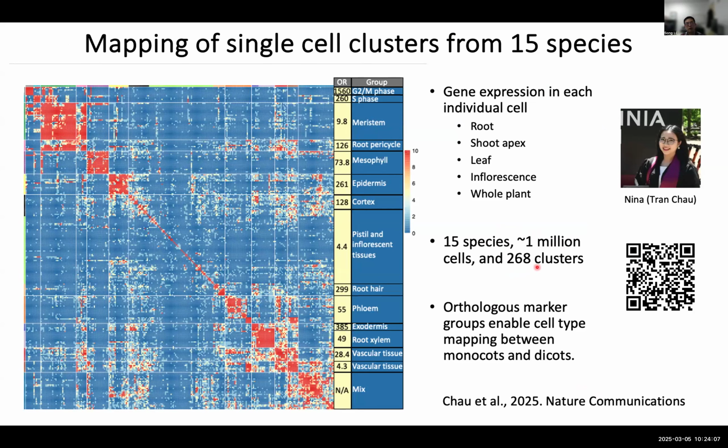And then we find these subclusters within this map. For example, this big cluster here with this red blob are all meristematic tissues or cells, and there are about 10 times more meristematic cells enriched in this cluster. And you have smaller clusters, 1,500 times more enrichment in the G2M phase, and you have the S phase enriched 260 times. So we have these subclusters.